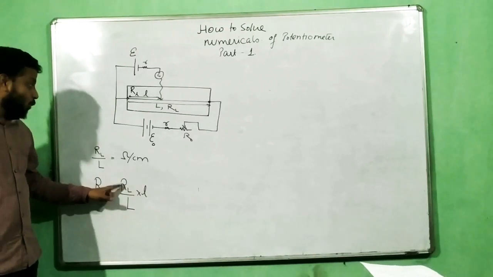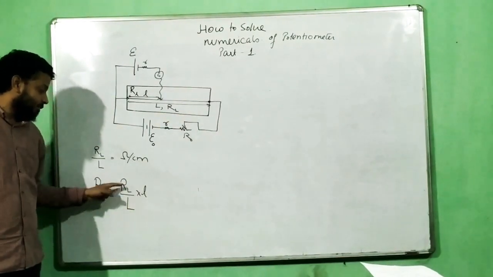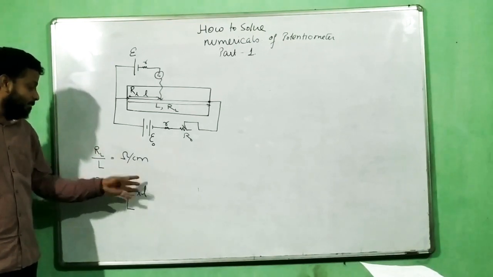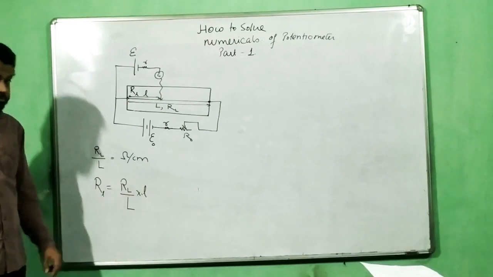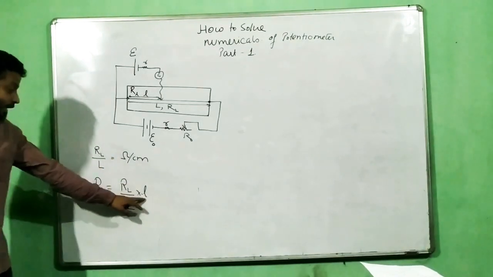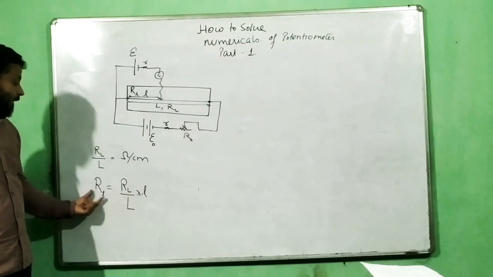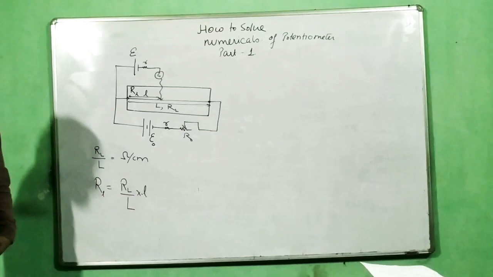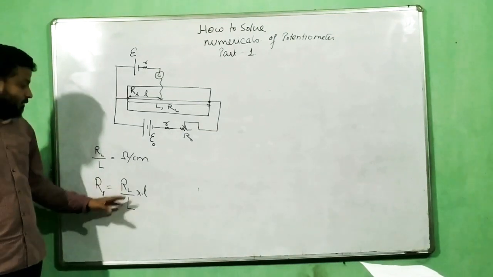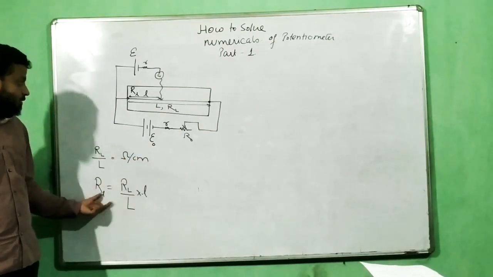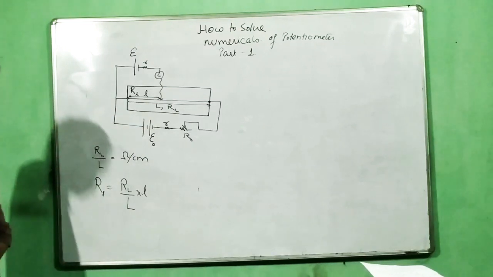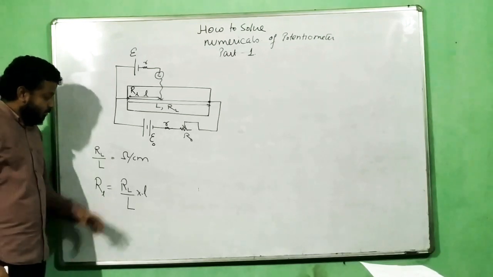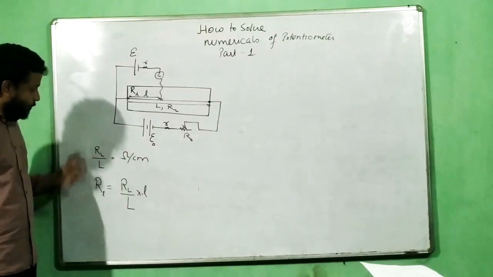If RL is the total resistance of a length of L, that means resistance per unit length will give you resistance per centimeter. Multiply by length small l to get a resistance of length small l. In your childhood days, we used to call this the unitary method. If RL is equal to length L, so you can find the resistance of length small l. Okay? I hope this is clear to you. So this is the first thing which you should know.